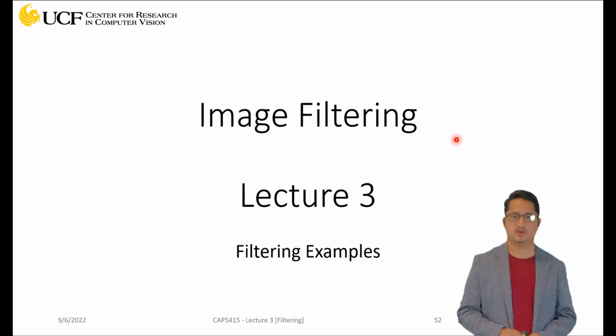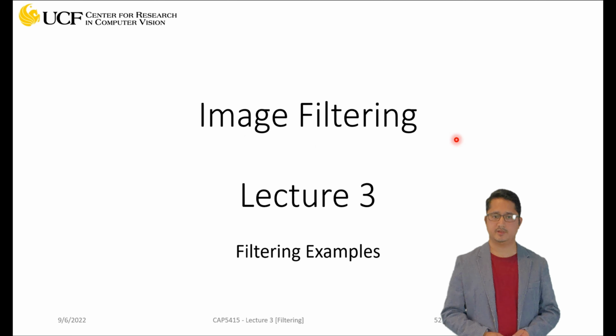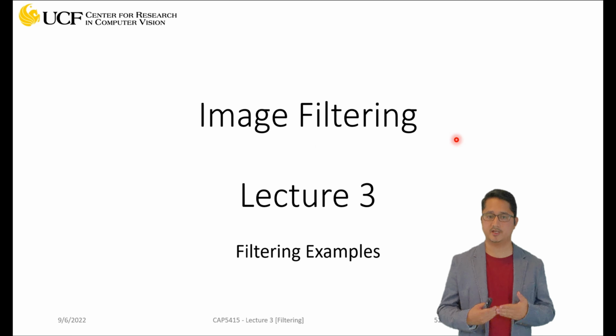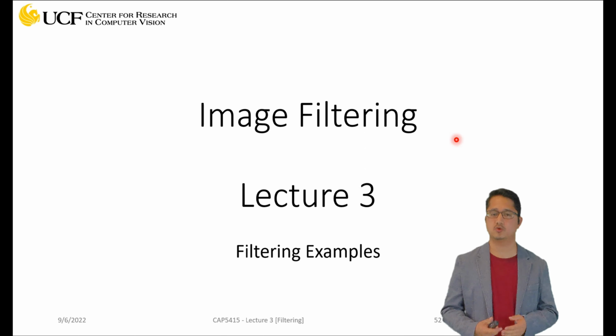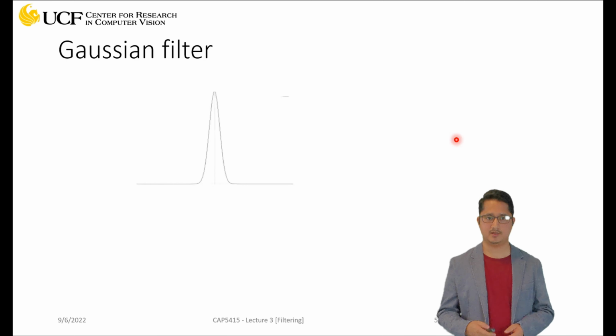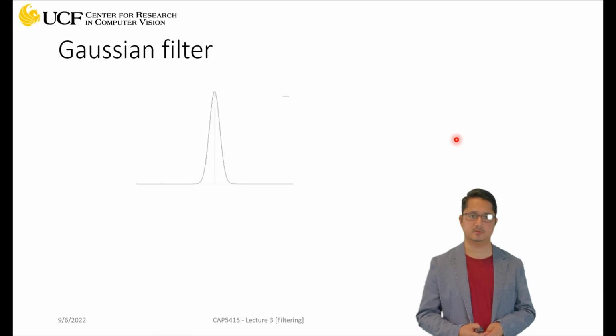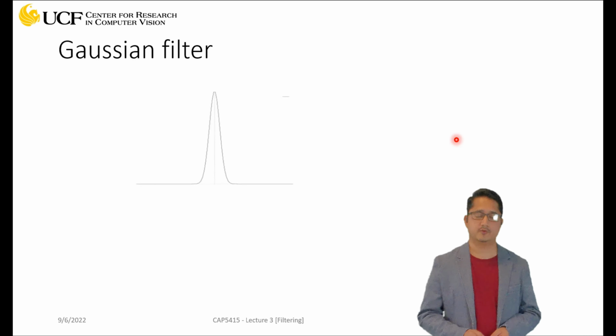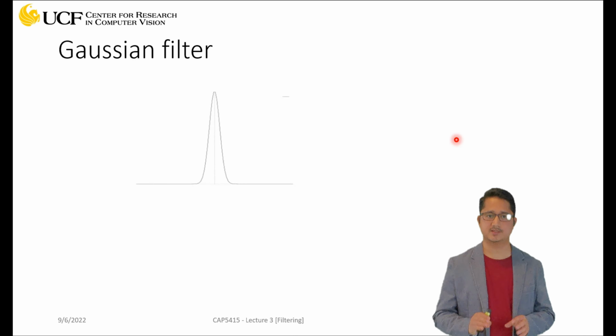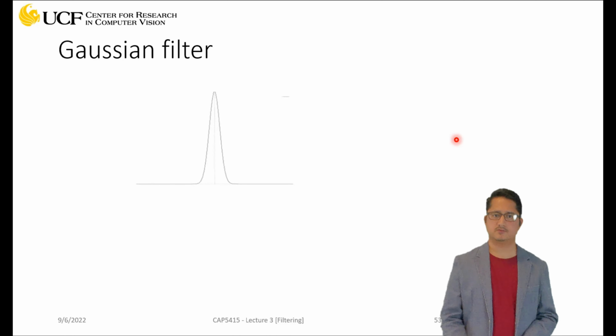All right, good. So the next topic is we studied how to perform filtering. Now we're going to go over some filtering examples and really see what filtering means in images. Before doing that, let's try to understand some basic filters. The first one is the Gaussian filter,